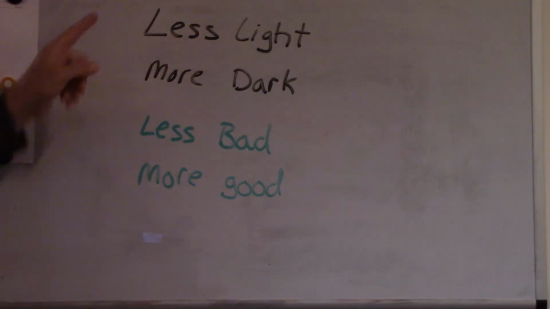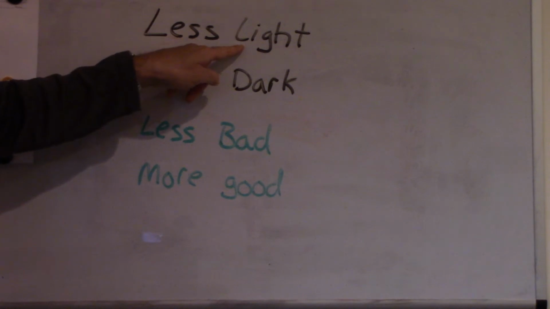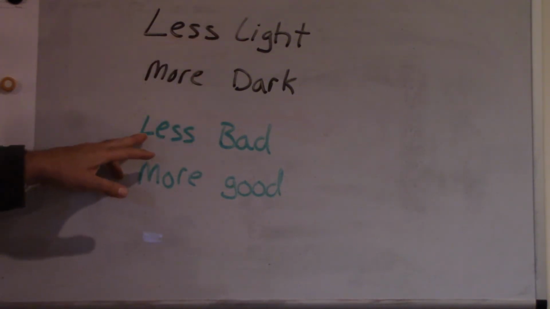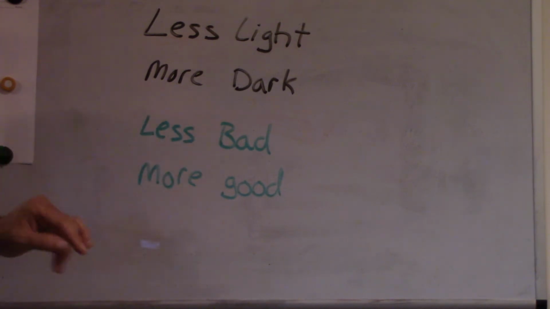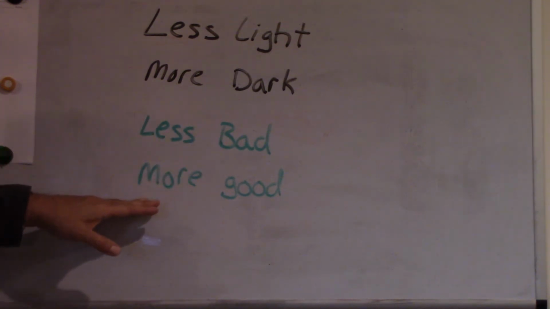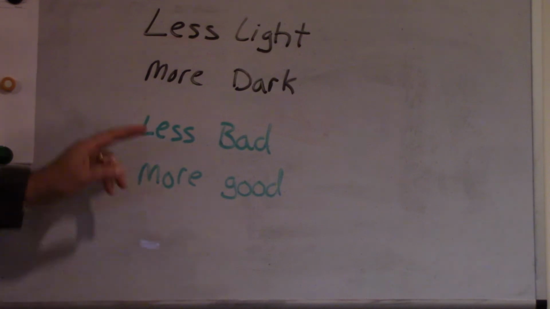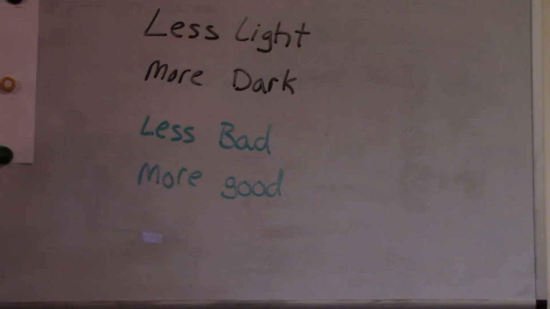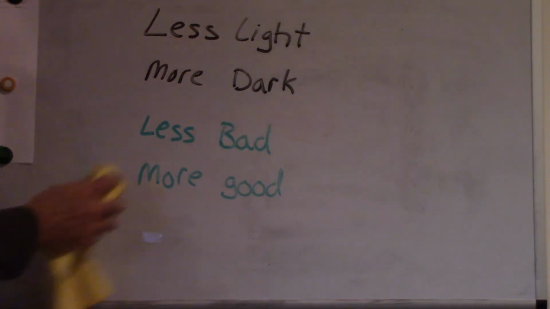Think about it. Less light means more dark. How about this? If something is less bad, isn't that the same thing as being more good? Does less bad mean more good? Makes sense? Okay, so when we're subtracting negative numbers,